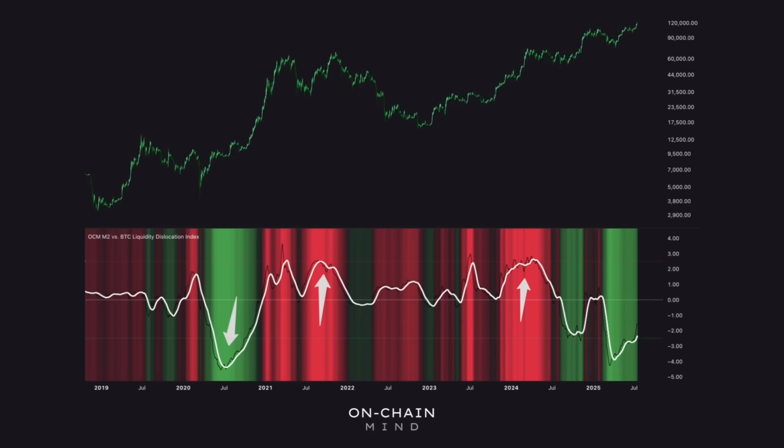of the cycle. Interestingly, we've been in this green zone for several months now, with global liquidity ripping higher year on year, while Bitcoin's relative performance remains subdued. This doesn't mean Bitcoin is about to skyrocket immediately, but historically, if global liquidity continues expanding at its current pace, Bitcoin tends to revert to the mean and catch up eventually.